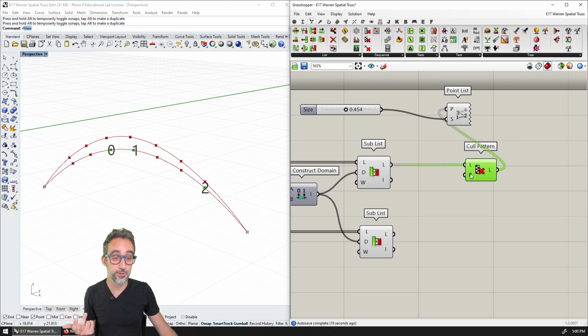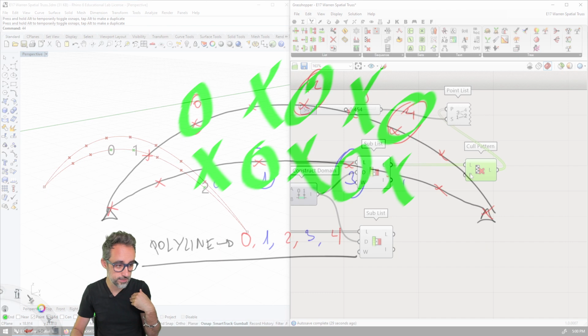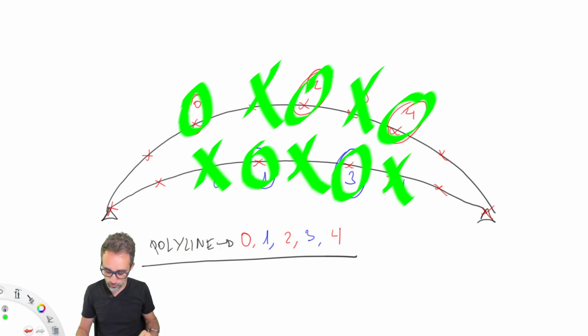So what I need to do now is create the pattern that I want for my culling. As you can see here, it's in blocks of 2. In my case, for the bottom one, it was blocks of 1. So I want 1 out, 1 in, 1 out, 1 in: 1 false, 1 true, 1 false, 1 true.